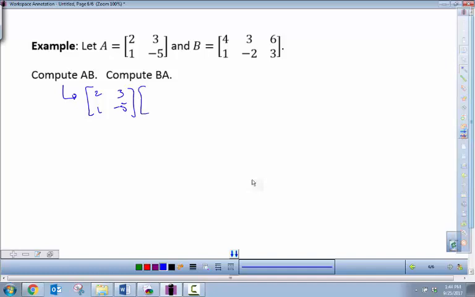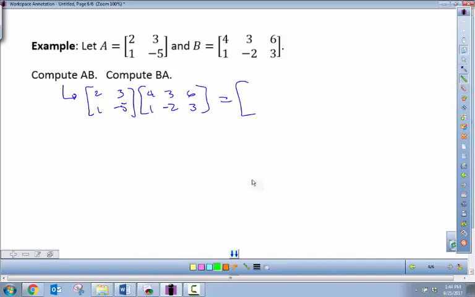Another example. But we're not talking about multiplication where AB is not equal to BA. Well, we'll see what happens. We're going to compute AB in this case, and then BA, and we'll see. So if we follow that pattern of doing the matrix multiplication,